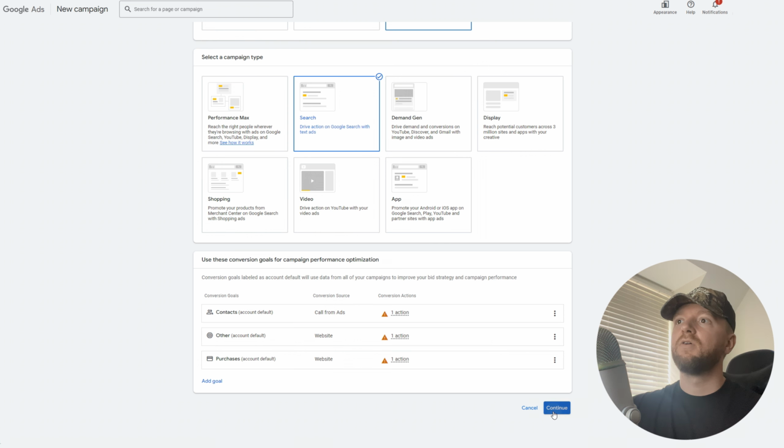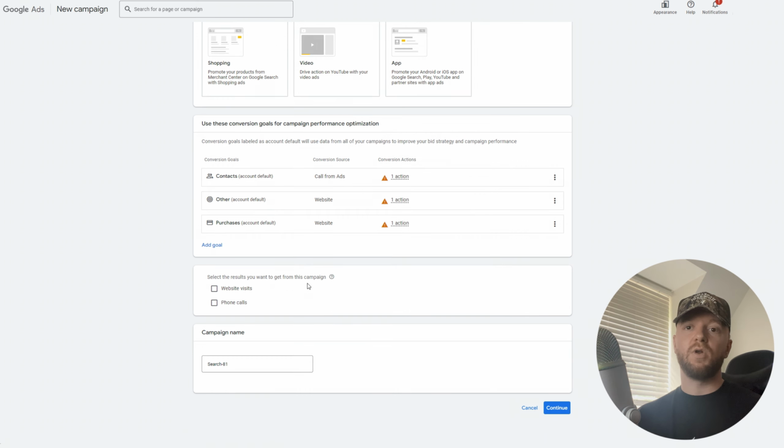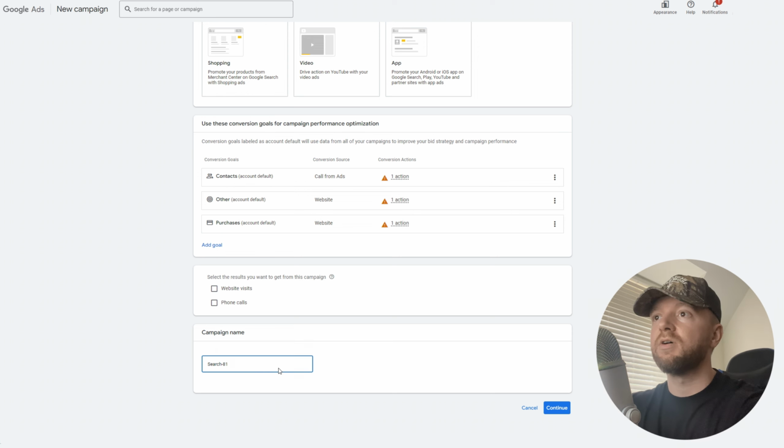So down here, select the results you will get from this campaign. You don't actually need to hit any of these, so it doesn't actually matter. So hit continue, and then we're going to be presented with what we want to call our campaign name. So all we want to do here is, it's already actually given us the first bit. So this is a search campaign. So what I like to do is use the brand. So for example, this is going to be